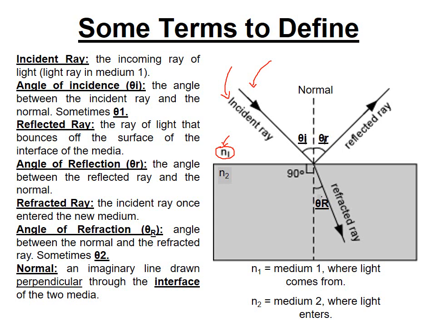Now the light ray will go into medium 2, which is the refractory medium, the medium where the light ray is actually refracted. So over here, the ray that bends once it enters the second medium is called the refracted ray, and we represent this second medium using n2, which is the index of refraction of medium 2, where light goes